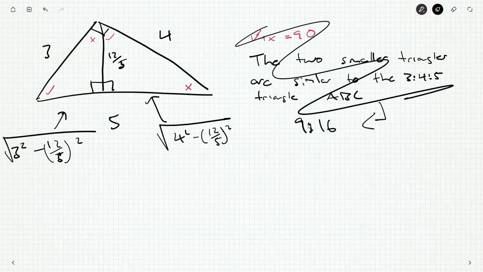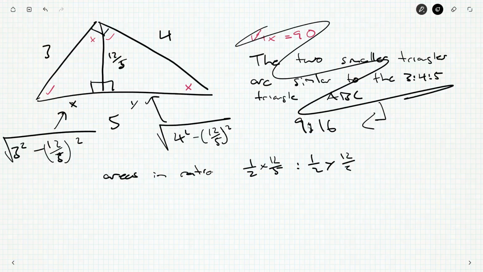And they're right-angled triangles, so it's going to be this base x and this base y times 12 over 5 over 2. So the areas